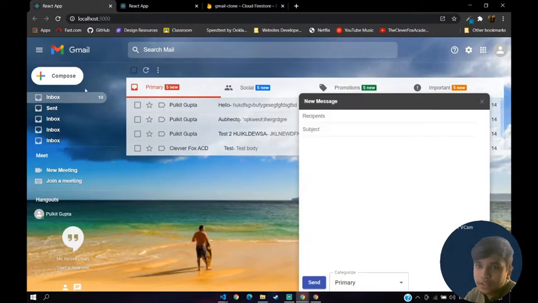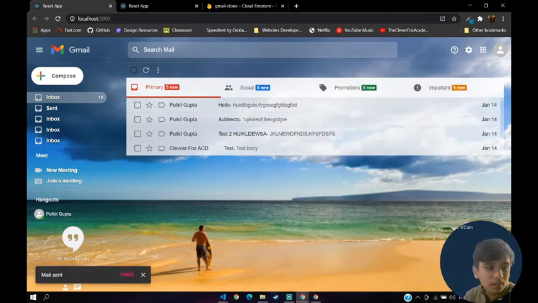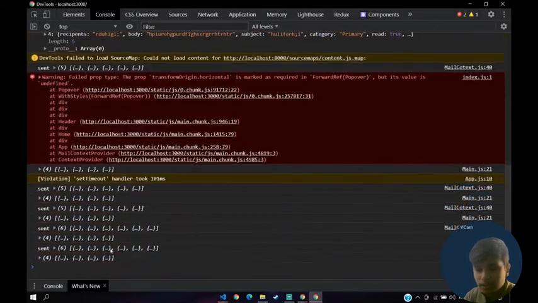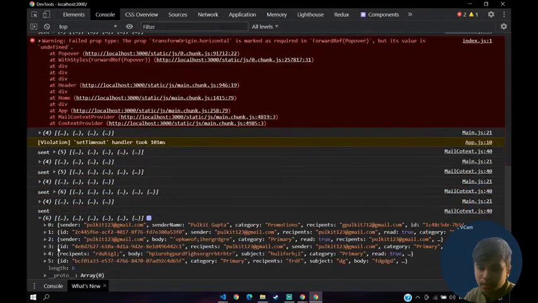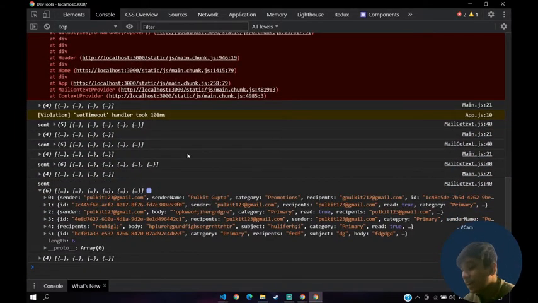If we send to another guy, send. And if I open up my application back, as you can see, these are 6 sent mails now, right? So that means it's working. The next thing we want to do is see what the user has clicked on. If the user is currently on sent, then we'll just set the on-screen mails to the sent mails, right? That's the only thing we need to do.